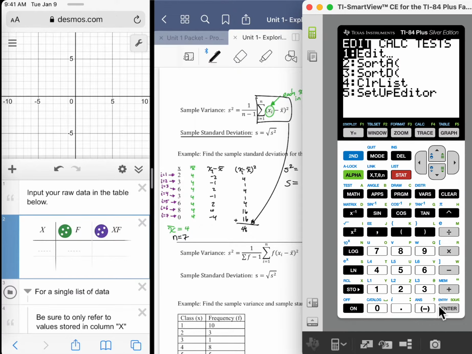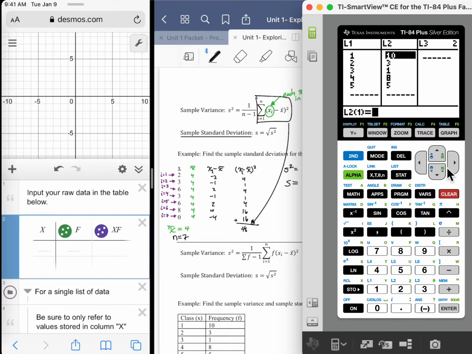So stat, edit. I hit the wrong thing. Clear out. I don't need my second list of information here. I'm going to type in the 2, the 3, the 6, and all that good stuff. Six, 8, and 0. All right. Now again,